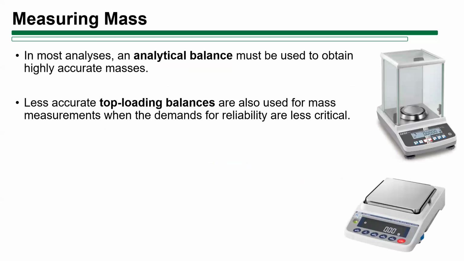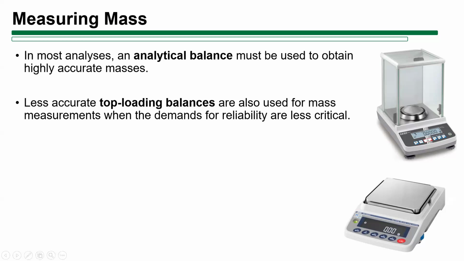Now, I will first talk about measuring mass before I proceed. All right, just to make sure that you know how to measure mass. I've mentioned in one of the lecture videos that in most of our analysis, we will be using analytical balance because we need to obtain highly accurate masses. But in instances when you only need an approximate mass, meaning it doesn't have to be exact or very accurate, then you only use top loading balance, right? So that we will be running the experiment efficiently.